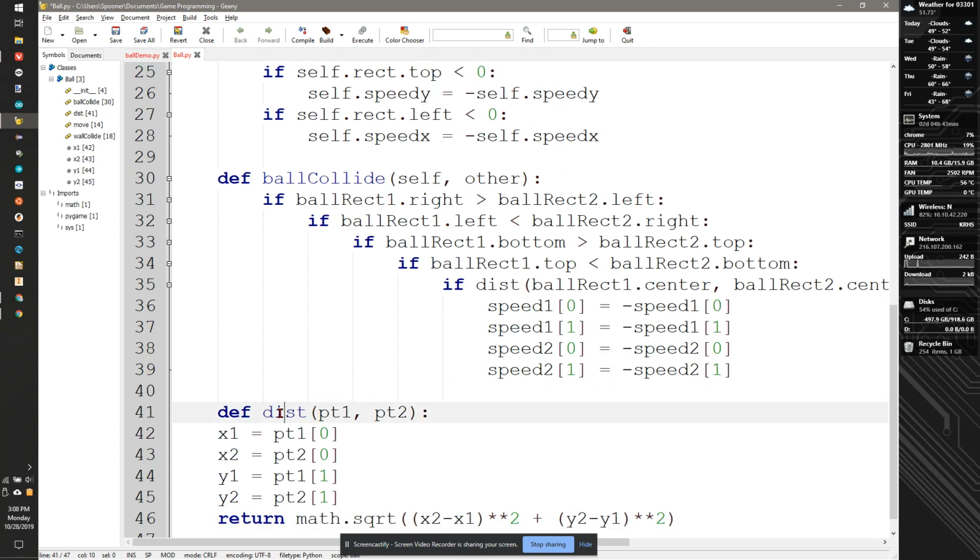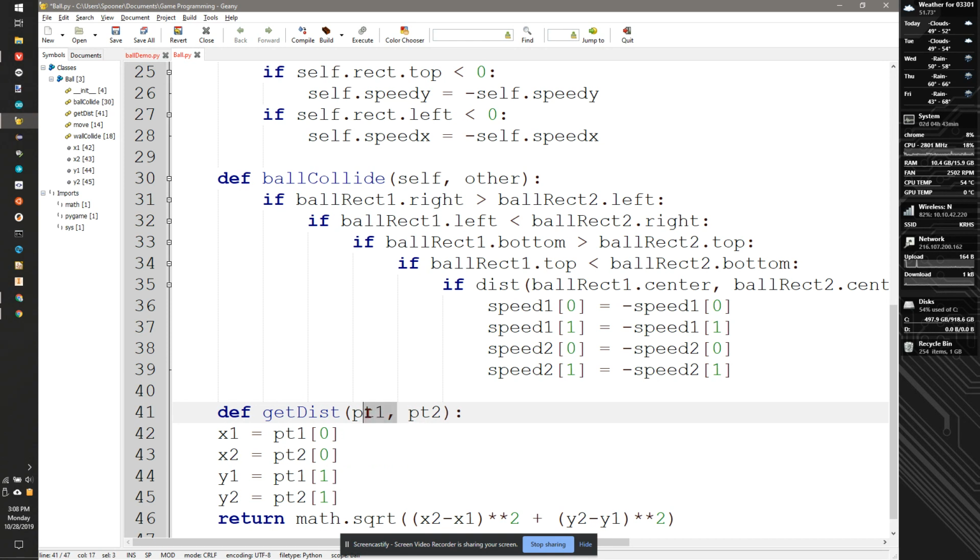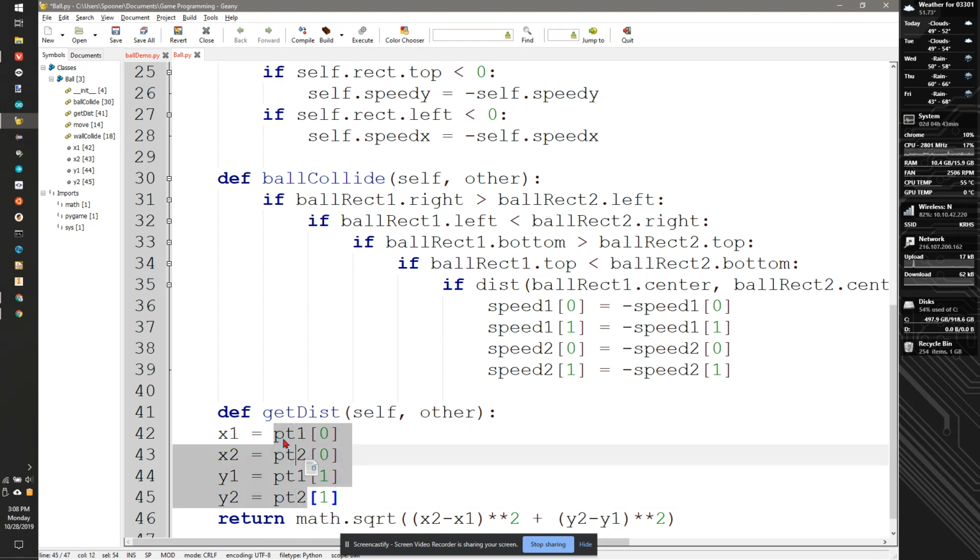And this is a noun. So let's make it a noun. We're going to make this a verb. So it's going to be get dist. And instead of 0.1, it's 2.2. It's going to be self, comma, other. And we're always going to use this with another ball. So x1 and x2. So x1 in this case is going to be